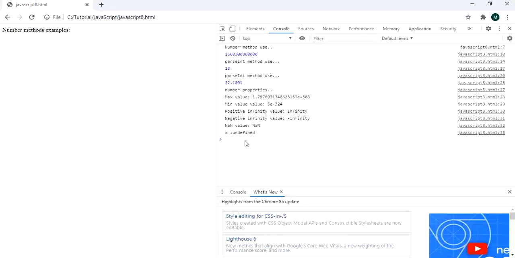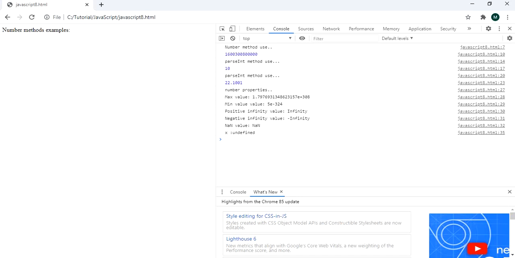It is printing undefined, because maximum value, minimum value and infinity values are properties that can be applied on the Number object and not on the values.